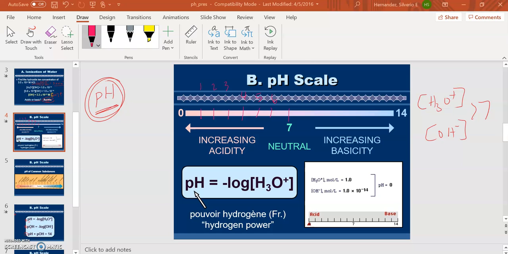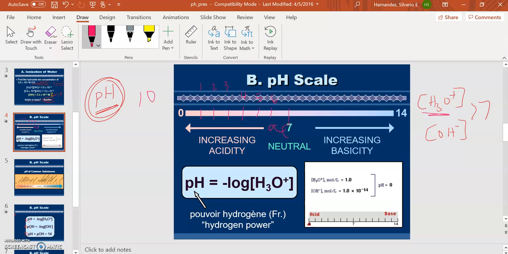Looking back at this pH scale, I have the numbers listed from 0 through 7. So I have 1, 2, 3, 4, 5, 6, 7, and I just wanted to talk to you about why we use a base 10 here. If I have the concentration of the hydronium ions like I have over here at 7, there's going to be a certain amount of that concentration in there. I'm not going to get specific to say what the amount is, but if I go from 7 to 6,